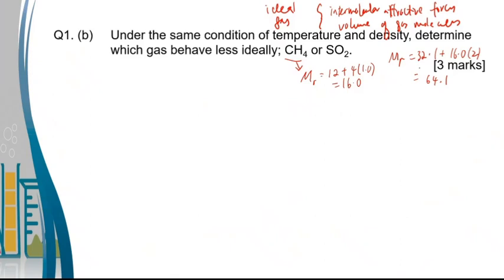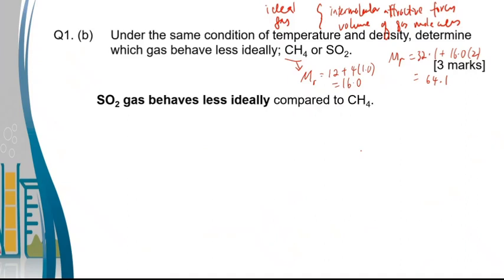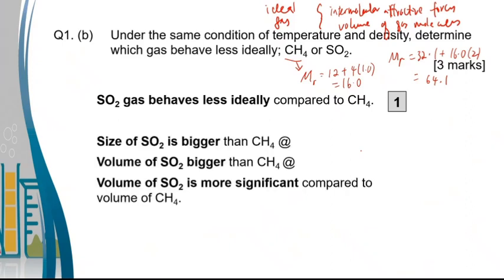So of course the sulfur dioxide will behave less ideally, because it will deviate more from the behavior of an ideal gas. So the answer is sulfur dioxide gas behaves less ideally compared to methane gas. The reason: the size of sulfur dioxide is bigger than methane, or you can also say that the volume of sulfur dioxide is bigger than the methane molecules,